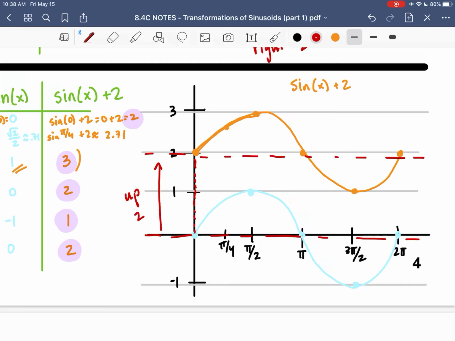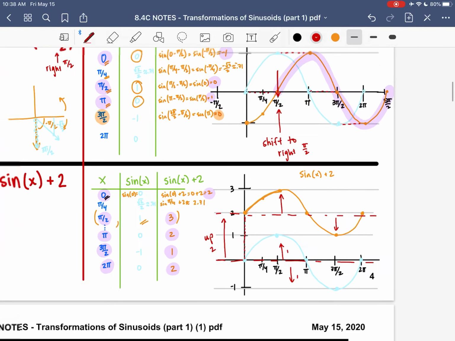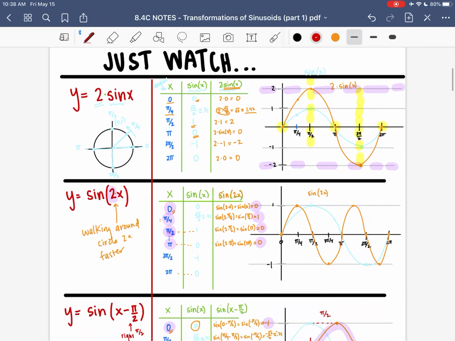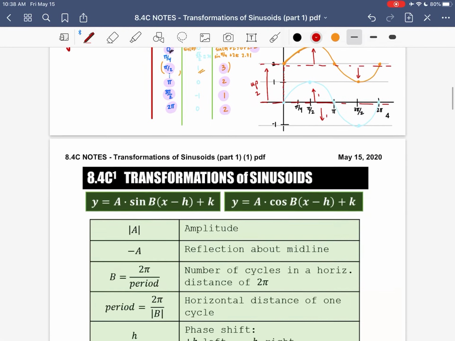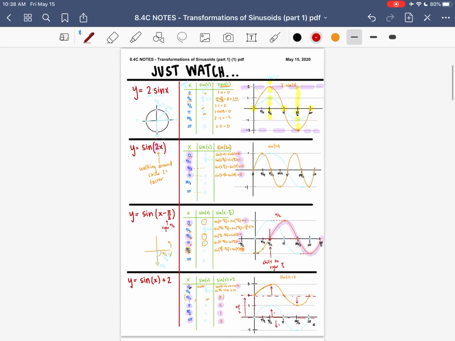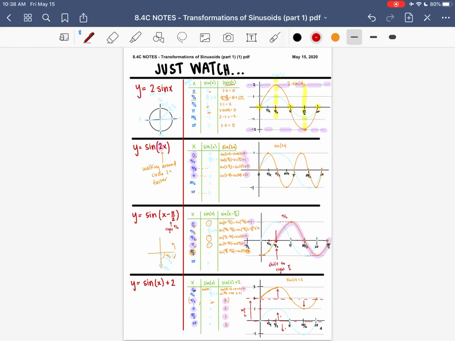I mostly think of it as moving the midline, and the amplitude stayed the same, right? We still wavered up 1 and down 1. It's just we were centered around 2. So when we went up 1, it went up to 3. When we went down 1, it went down to 2. Okay, those are the main transformations that we're going to deal with. We'll also have a reflection, and we'll talk a little bit more about the period, but I'm going to make that part 1, just kind of looking at how